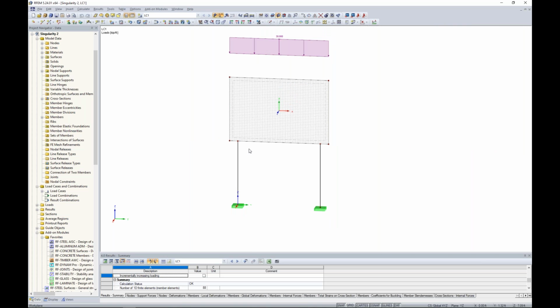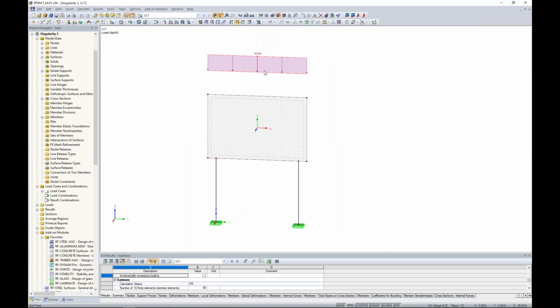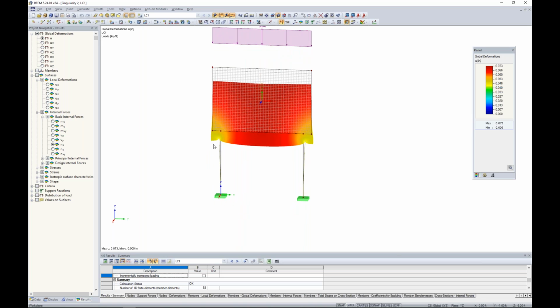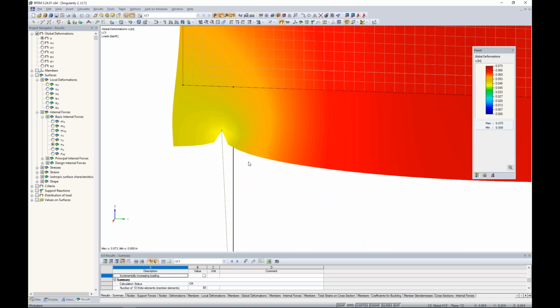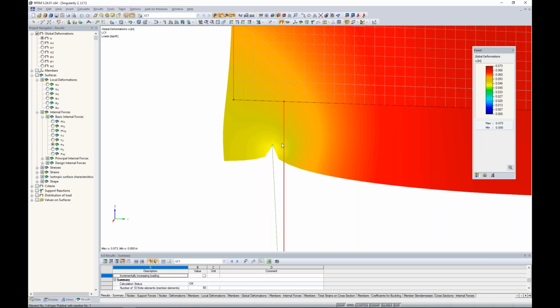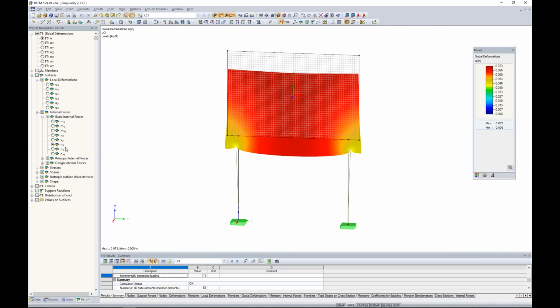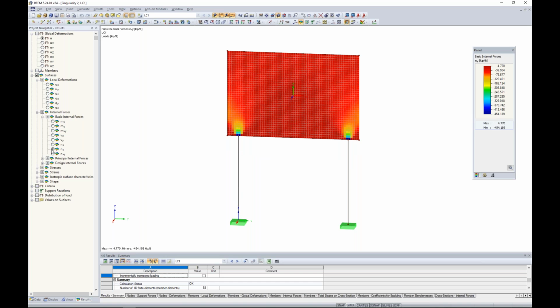So when we take a look at the results from this first load type here, and we're currently viewing the deformations, we zoom in here to look at our deformations. Well, this definitely is not ideal. We know that this column has a pretty wide width of almost 2 feet, so we wouldn't expect deflection such as this. Then if we take a look at our internal forces, and let's take a look at NY